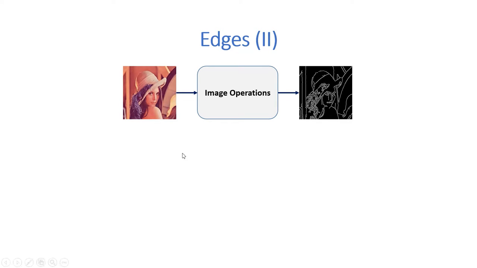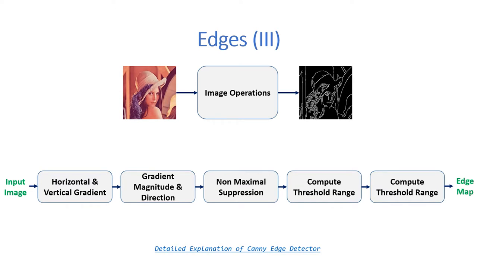So if you have an image of Lena and you perform this operation where you're trying to find the gradients and edges, you will get something like an edge being detected like this. But it's not that straightforward. We undergo a lot of steps. One of the very famous edge detectors was, or is, the Canny edge detector. So what it does is it